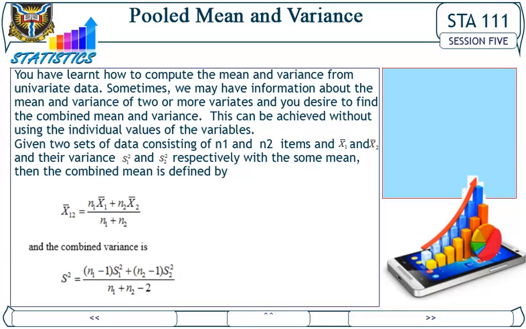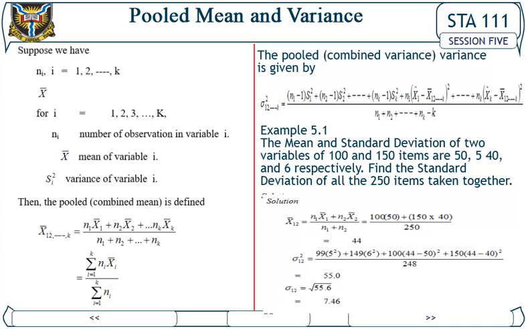Given two sets of data consisting of n1 and n2 items, with means x1 bar and x2 bar and variances s1 squared and s2 squared respectively, the combined mean is defined by, and the combined variance is, suppose we have for i equal to 1, 2, 3 to k: ni is the number of observations in variable i, x bar i is the mean of variable i, si squared is the variance of variable i. Then the pooled combined variance is given by